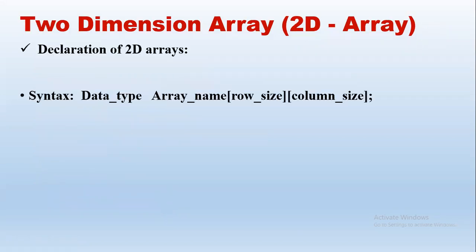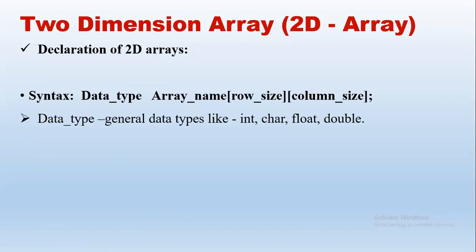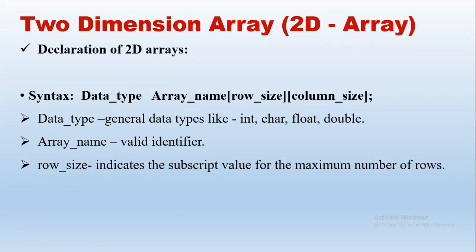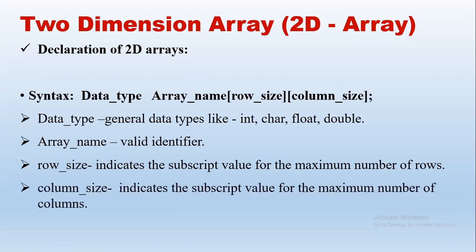Next, similarly, if we see two dimensional arrays, here we have two indexes. First index is the row size and then we have the column size. So this two dimensional array is nothing but the matrix. Similar to the matrix, we have two dimensions. One dimension is the row, another dimension is the column, right? So here also while declaring, we specify the data type and then name of the 2D array, followed by the row size. Row size is the maximum number of rows that can be there in the 2D array. Next is the column size, which is the maximum number of columns, right?